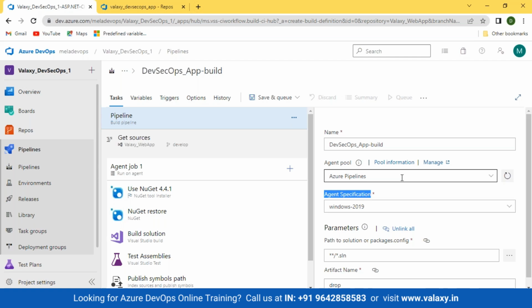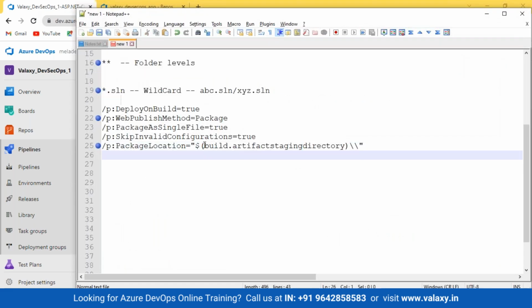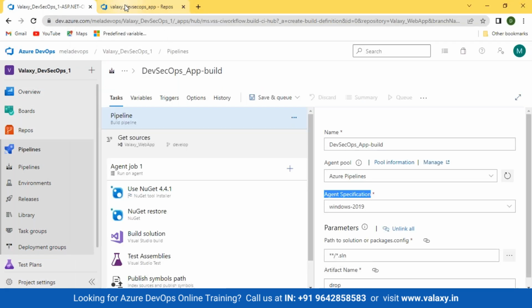The artifact is getting created on the server, correct? How do I access it? So by placing your artifact into this location. Now what exactly this location is, if you want to know more about this, let's go back